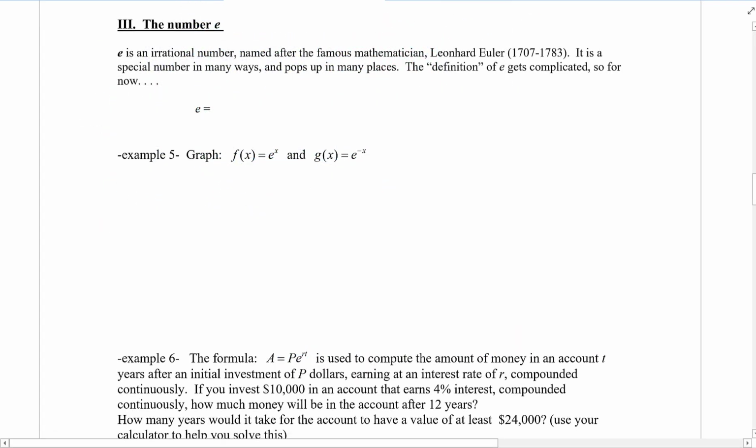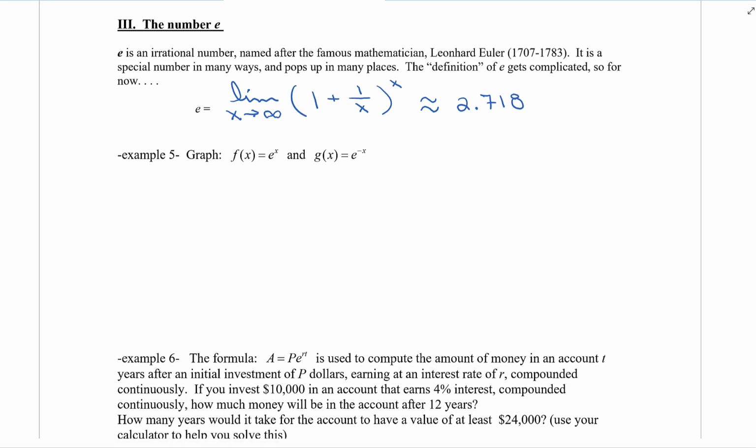The number e is an irrational number named after the famous mathematician Leonhard Euler, who lived from 1707 to 1783. It is a special number in many ways and pops up in many places. The definition of e gets complicated, so for now, we're just going to say that e is equal to the limit as x approaches infinity of (1 plus 1 over x) raised to the x power. And this is approximately equal to